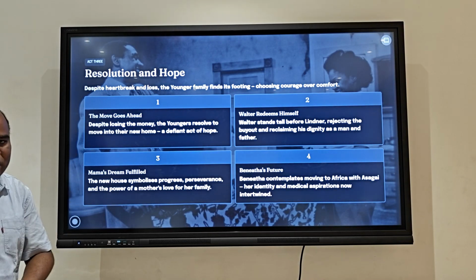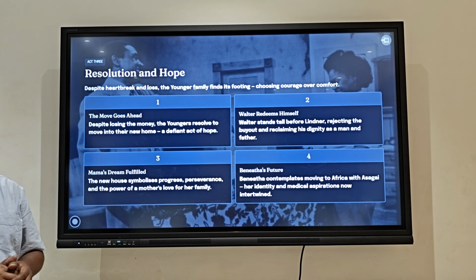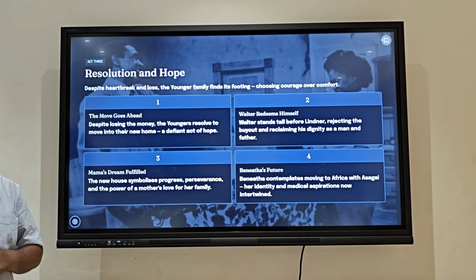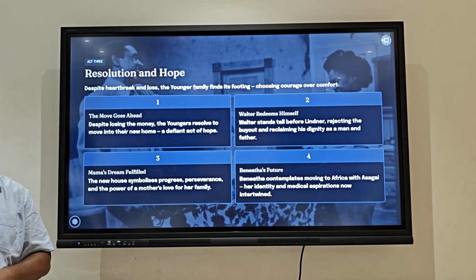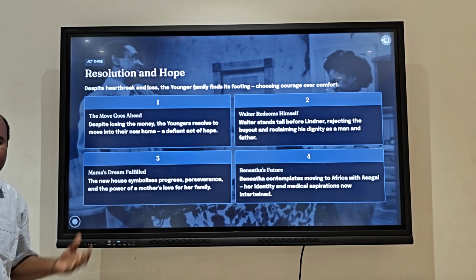The neighborhood is pretty hostile. The neighborhood is not going to accept them peacefully, and so their future is full of uncertainties of all kind and all nature. And despite that, the Youngers, united as they are, make a very radical decision: they want to move into their new house, their new home, which is a defiant act, because the play doesn't talk